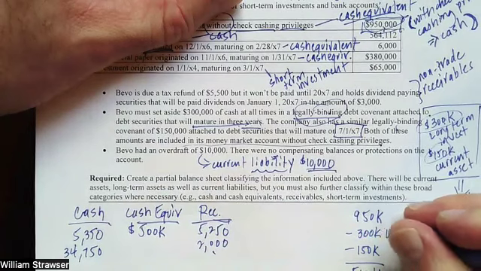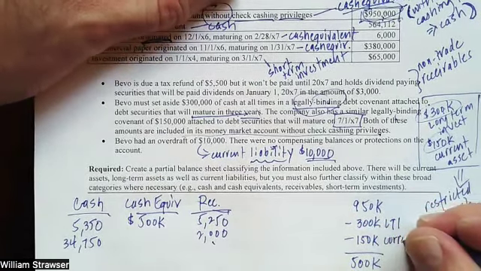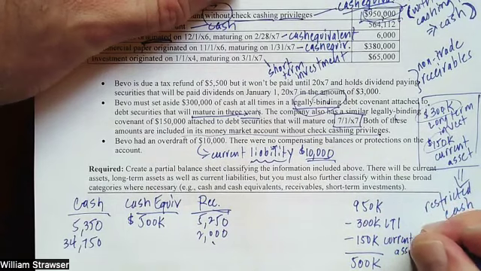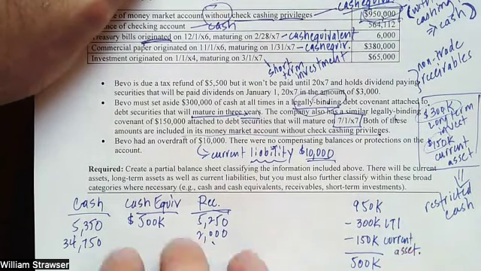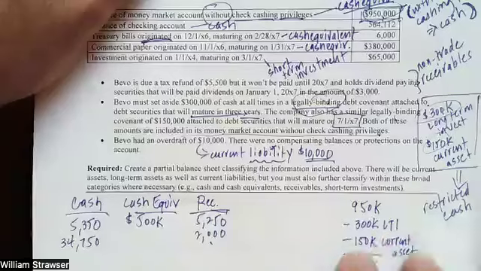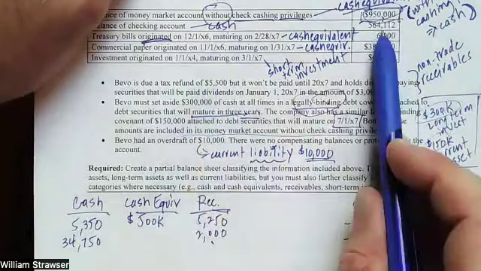This is my long-term investment that's tied to the 3-year bonds. This is my current asset. It's tied to the debt that will mature in 20x7. I'm going to keep that record so that when I actually make the balance sheet, I'll know how to classify those guys. Balance of the checking account we said was cash